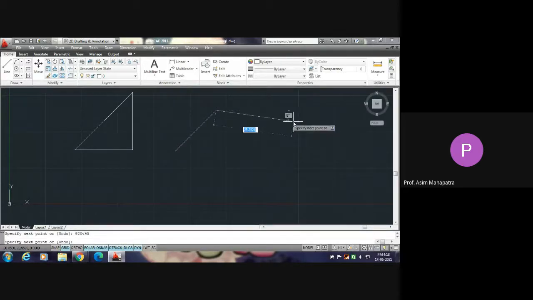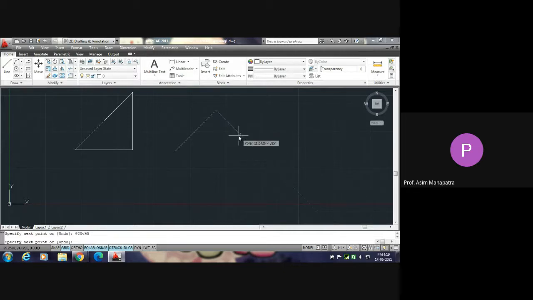You see, the line has been drawn. This length is 20 unit. The length is 20 unit and the angle with x-axis is 45 degree.